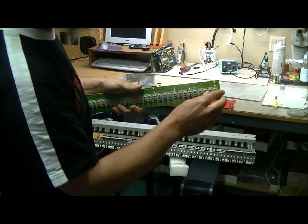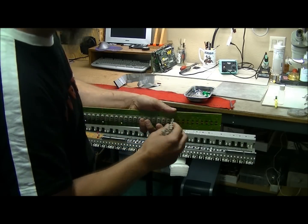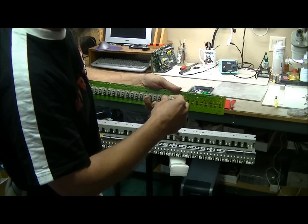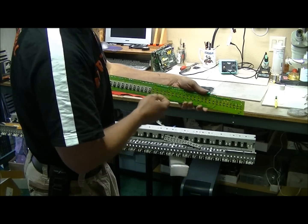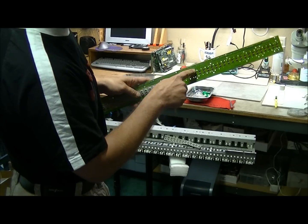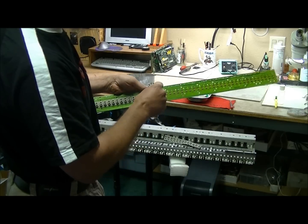To remove these, they just peel right off. Be gentle, don't pull and stretch it, because then that can damage the rubber contacts. So these peel right off. All of them do the same thing. The only way they're held in is by these little rubber nubs going through the holes. It's like a pressure fit. So once you peel them off,